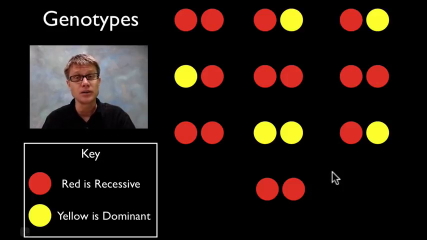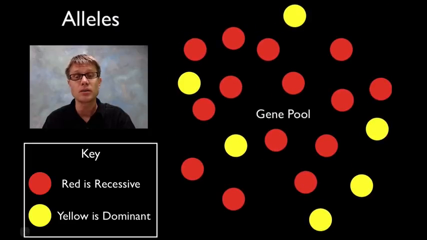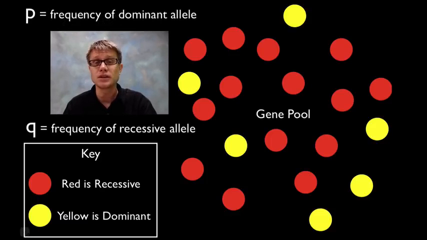Now the alleles in a population, when they're all combined, make something called a gene pool. So a gene pool is simply a collection of all the alleles in a population. And when you're solving these problems, it's important that you calculate the frequency of each. Frequency is simply a ratio: the number of those alleles compared to the total number of alleles in the population. And we use letters to represent these two frequencies. P will always represent the frequency of the dominant allele,